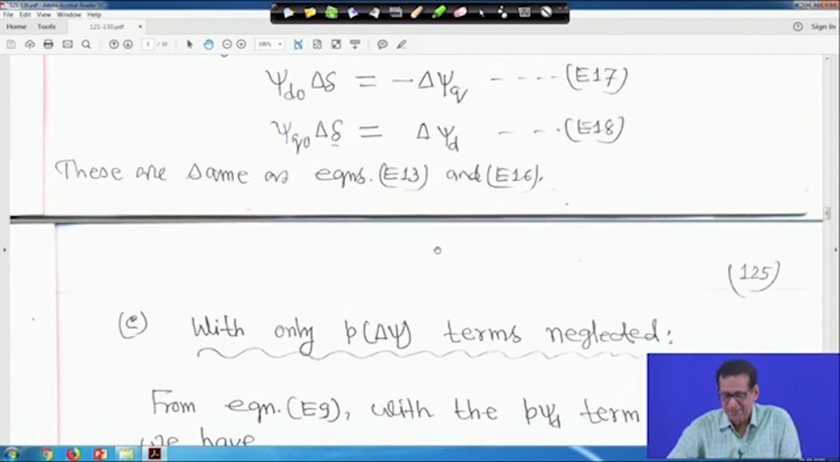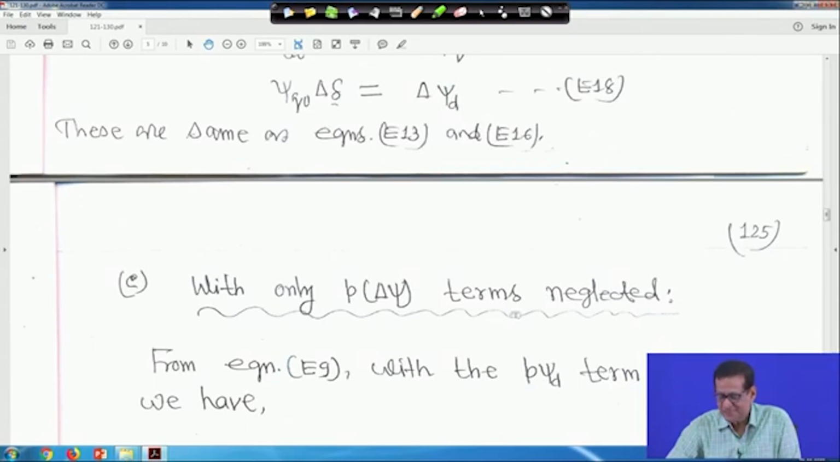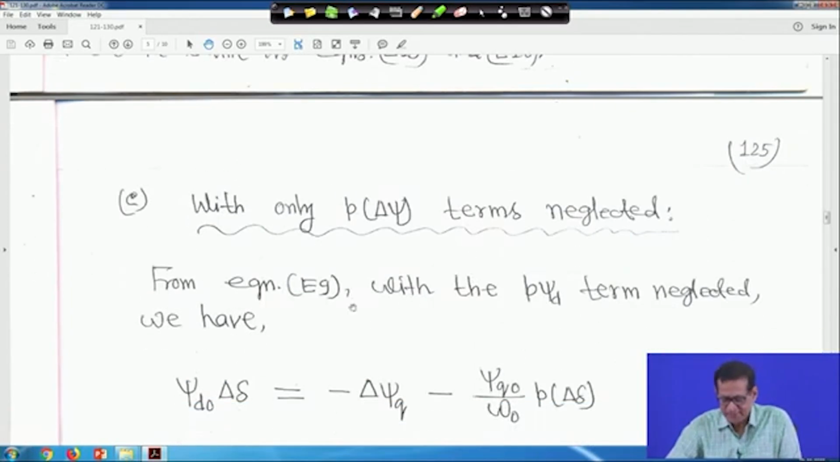So, this is actually what we wanted to mean in the problem, right. Now, the next case is, suppose only the p delta psi d and p delta psi q terms are neglected. If we do so, then from equation 9, with the p delta psi d terms neglected,